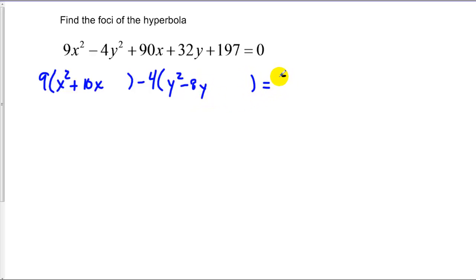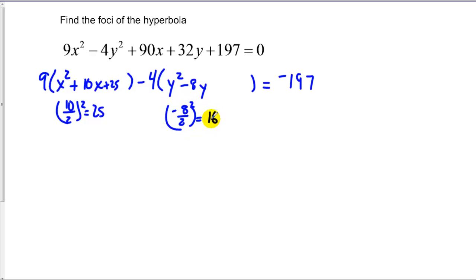And I bring my constant term over. Take half and square to complete the square. Get 25. Take half and square. And get 16. Once again, we have to balance the equation. I haven't added just 25 and 16. In fact, I've actually added 225